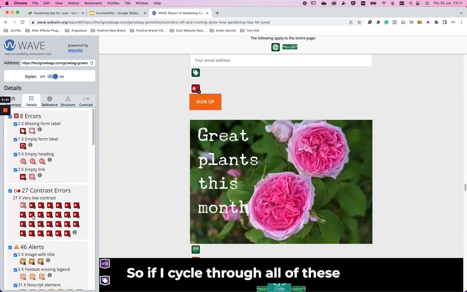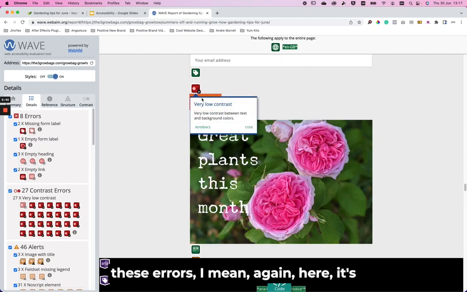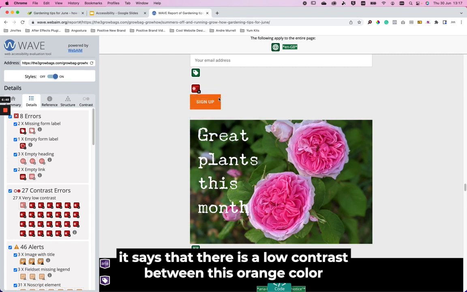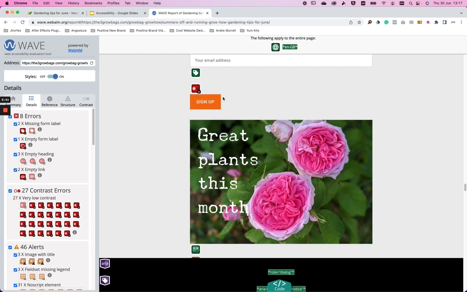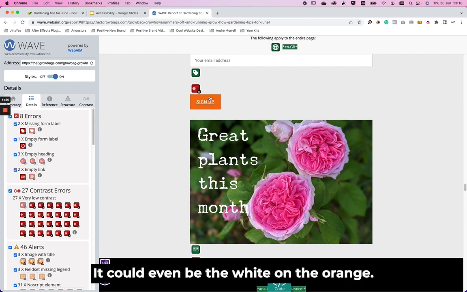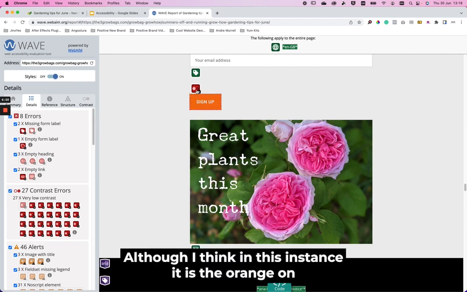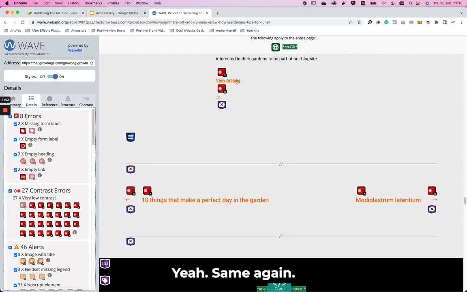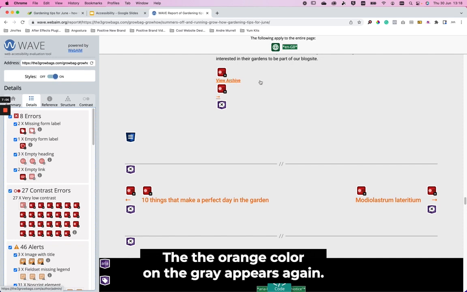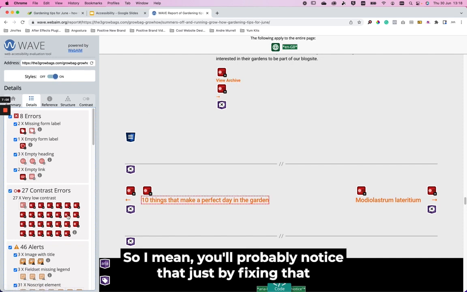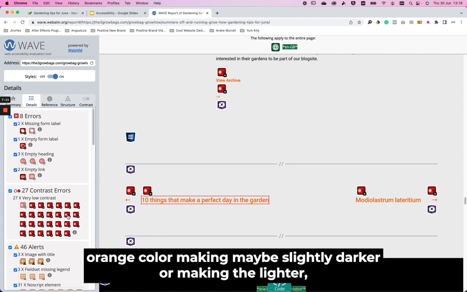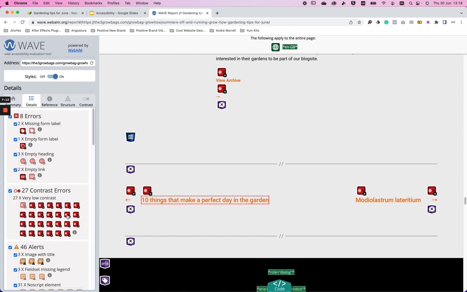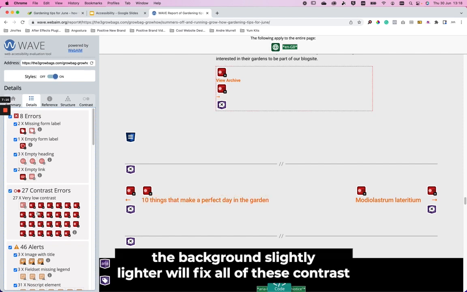So if I cycle through all of these errors, again here it says that there is a low contrast between this orange color and the background. It could even be the white on the orange, although I think in this instance it is the orange on the gray. Same again. The orange color on the gray appears again. So you'll probably notice that just by fixing that orange color, making it slightly darker or making the background slightly lighter, will fix all of these contrast